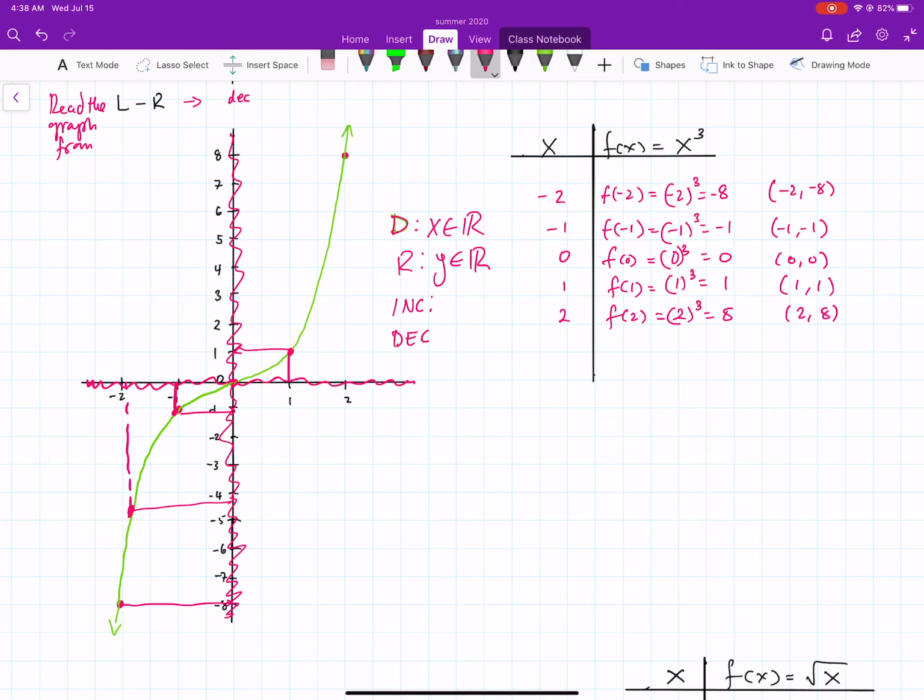All right, so if I look at these two, I have -2, the output is -8, and -1, the output is -1. If I read the graph from left to right, it looks like the graph is increasing. You can clearly see the graph is increasing from left to right, and it seems like it's going forever, so it's increasing